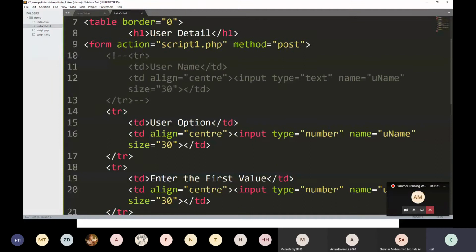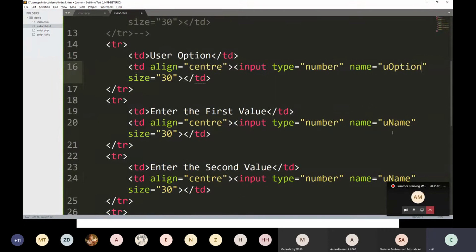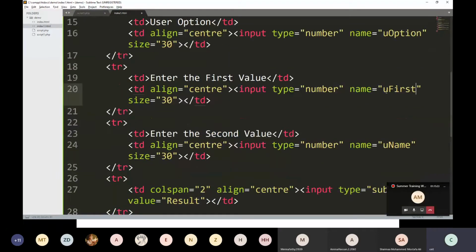You have to change the name as user option. Then here first value, you can write the name as f value, then second value, s value.